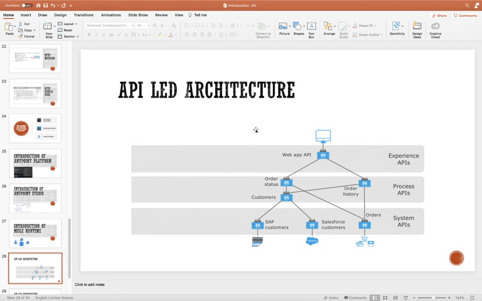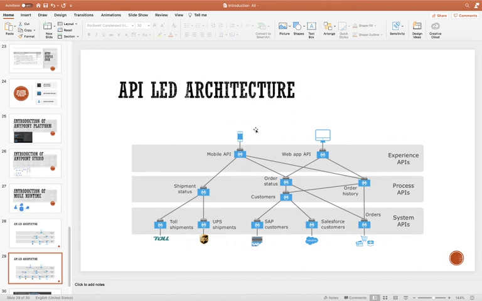So in that case we will add one more experience API for the different experience system. For handling all the business logic, we will create the process API. And to connect with external systems, you can see here we have 5 external systems. For connection with all the different systems, we will create different system APIs.